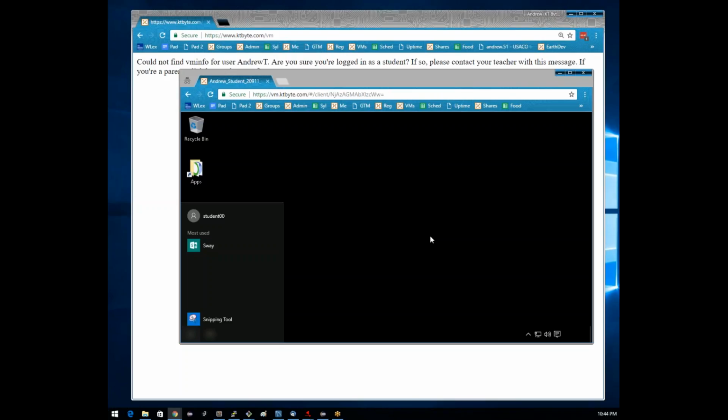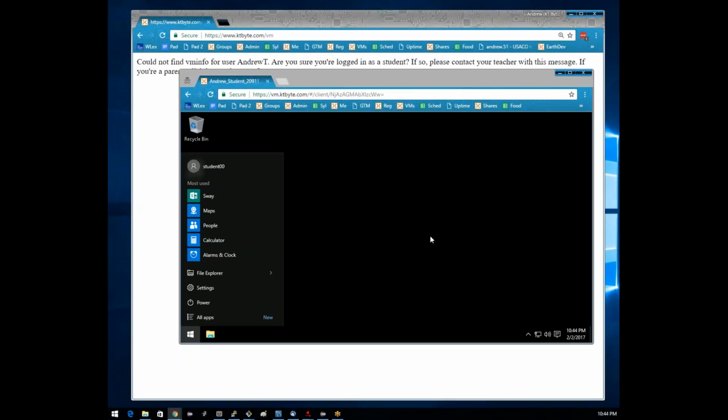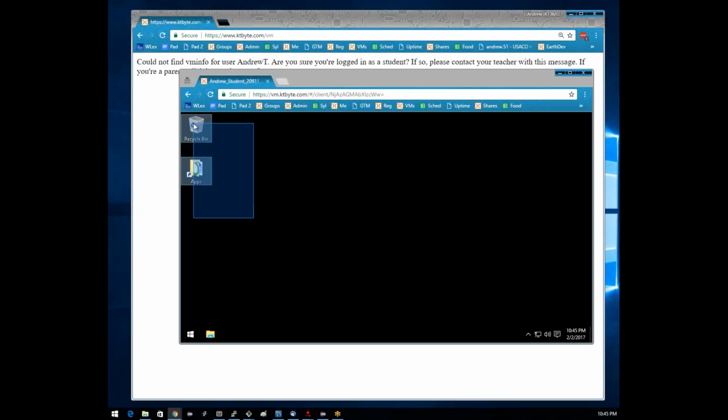Just let it autofill. If you do get a prompt asking you if you want to save that username and password, don't bother. It's automatically saved by our KT Byte system and should be automatically filled in every time. Anyway, now that that's loaded, you can see that we're actually in a Windows desktop area. The start menu happens to be open, but yeah, we have a desktop, we've got recycle bin, and usual Windows